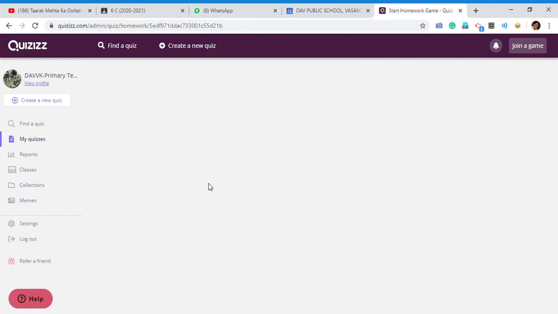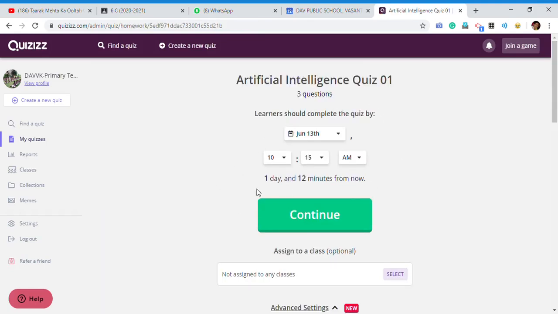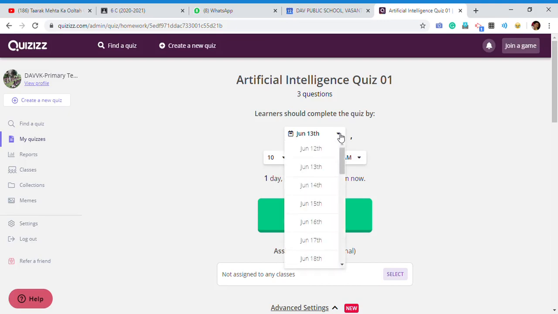After clicking on this, you will get a scheduler. Here you can schedule the quiz. Suppose you want to give 4-5 days to your students. Today is 12th and by default it is giving you another date, the next date, 13th. You can change it. Suppose you want to give the time limit of 16th June, meaning students have this quiz accessible till 16th June. If you have given 16 June, it means students can play this quiz till 16th June. This is the last date of this assignment.